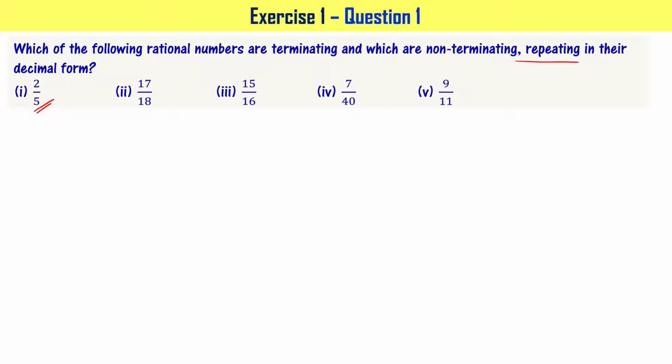So to do that, let me divide 2 by number 5 as shown here. This is called long division process. For that reason, we have written 2 as 2.000 and so on. You can have as many zeros as you want, right? Now let's start with number 2. Number 2 is smaller than 5, right? So that's why I'm saying 0 times 5 is 0. Let me subtract 0 from 2 so that I get 2 as the answer, right?